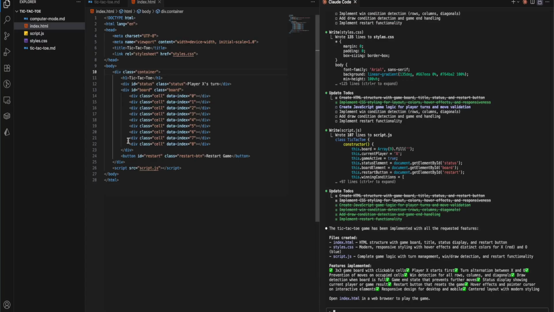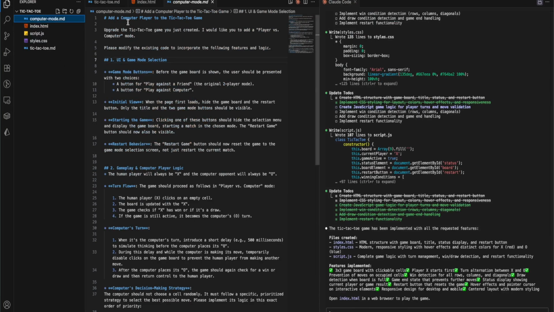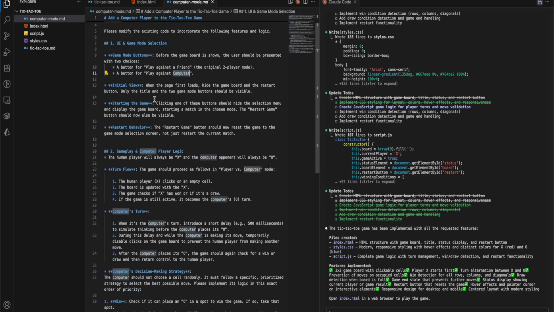So I created instructions for computer mode. Here you can pause the video and read. I will also attach them in the description. Basically I have added the UI and game mode selection instructions. So there will be a play against a friend or play against a computer selection screen, right? Then some instructions